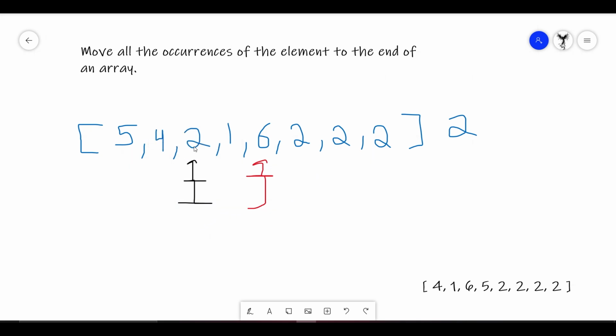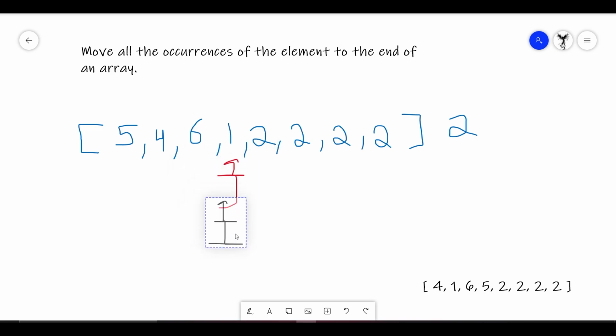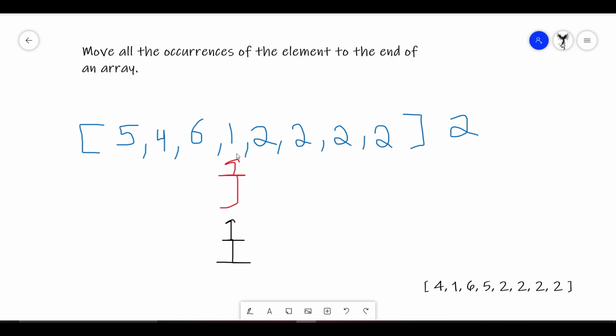Now I is again equal to 2 and J is equal to 6, so we will swap both of them. Now again J is equal to 2, so we decrement it and increment I. As we can see, these both are overlapping, so we can close the loop here.